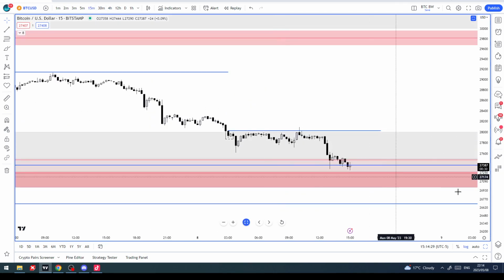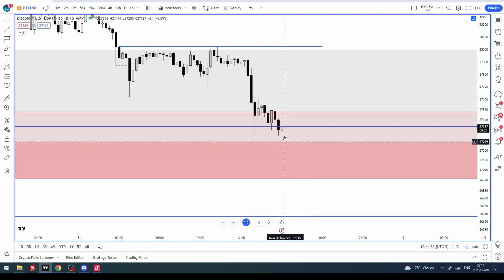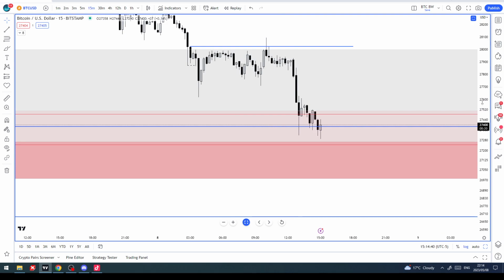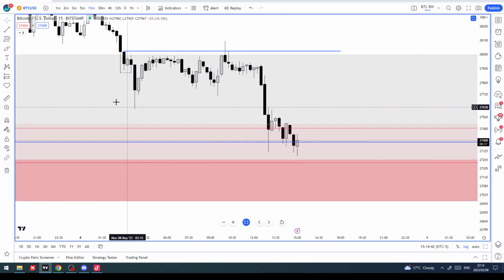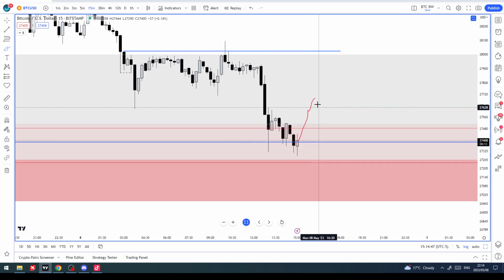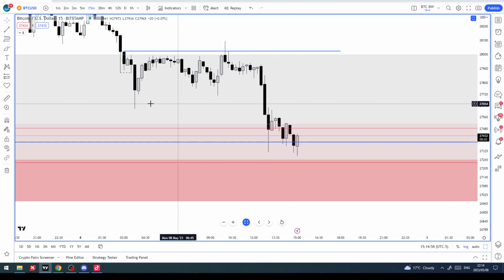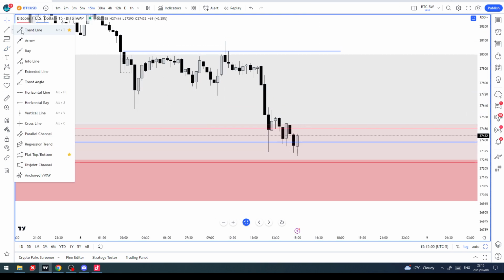On M15, sloppy delivery, very sloppy delivery, right? We've taken a low, but the lowest closing candle here is an up candle. So you can expect, if it starts to move away and this is an up candle here, they will come back and take the low of that up candle. So trapping people, and this would be the fair value gap that they do it in, right? So anticipate your next blue level is here.